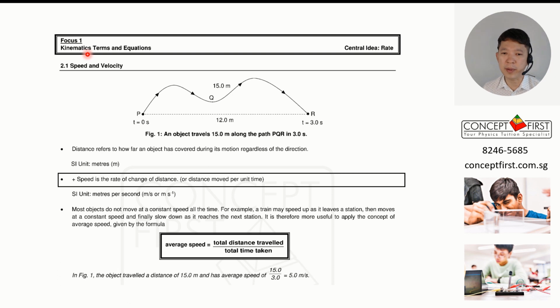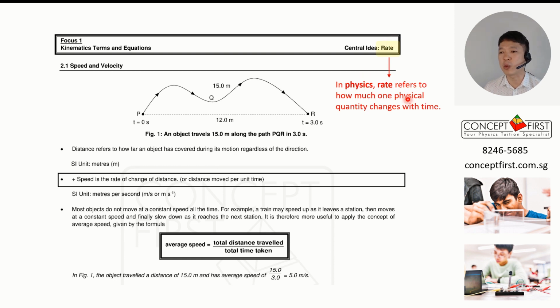Now, for this topic, the central idea is rate. What is rate? In physics, rate refers to how much one physical quantity changes with time. In this video, we will learn three different rates. They are speed, velocity, and then the later part, acceleration. Let's begin with speed. And to do so, let's recall what we have learned probably in lower secondary or primary